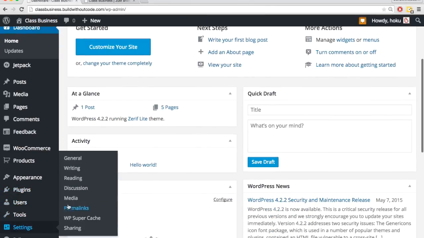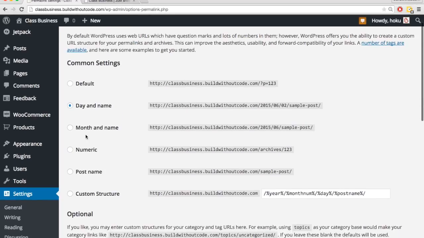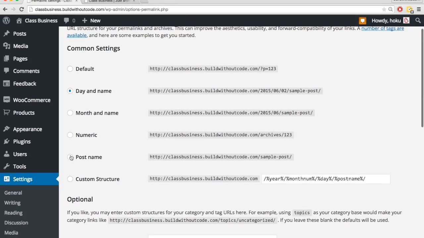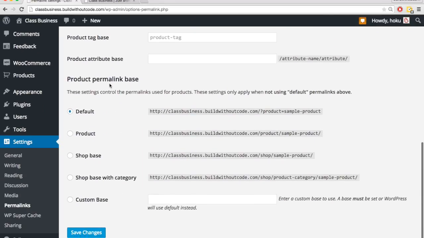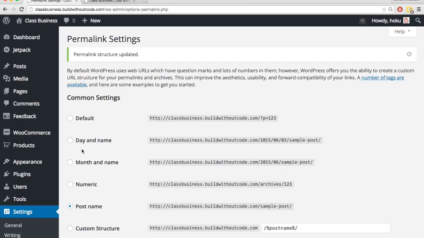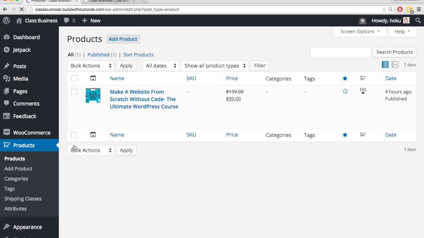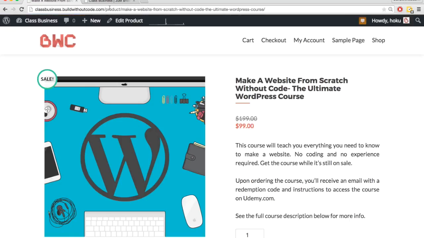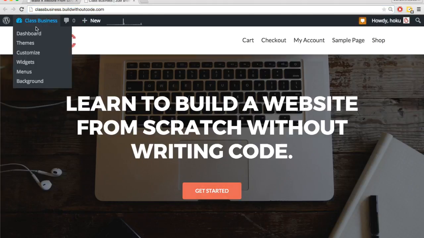scroll down to settings, hover over that, and click on permalinks. And so I want to change the post structure to just say post name, and then if I scroll down, product permalink base to product, and then I'll hit save changes. Then I'll go back to the product. If I just hit view, then up here I can copy the URL,